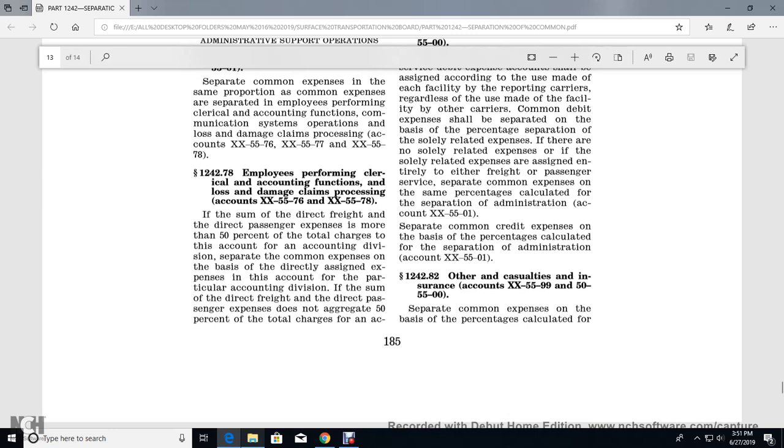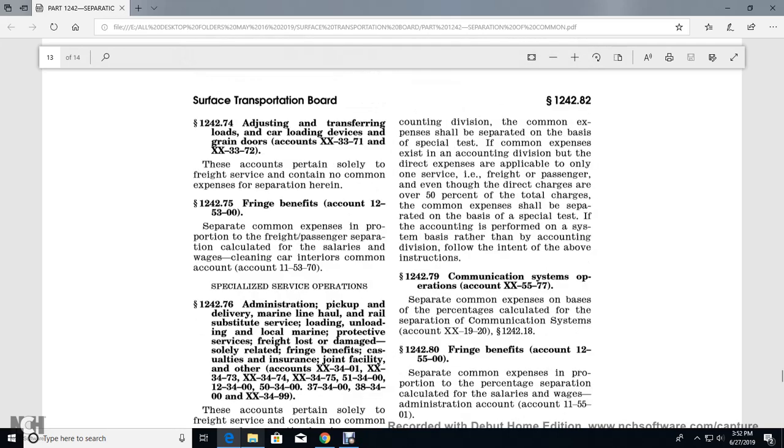5578. If the sum of the direct freight and the direct passenger expense is more than 50% of the total share of the account with the accounting division, separate the common expense on the basis of the directly assigned expense of the account with the particular accounting division. If the sum of the direct freight and direct passenger expense does not aggregate 50% of the total charge for an accounting division, the common expense shall be separated on the basis of the special study of the common expense in account of the division but with the direct